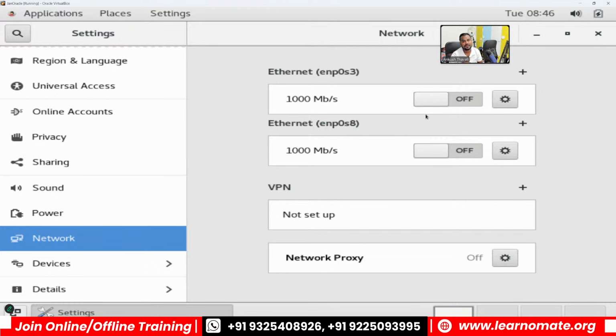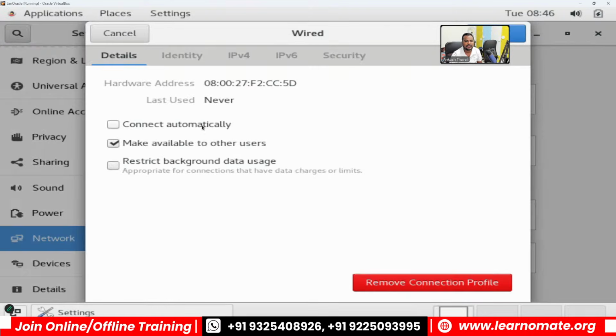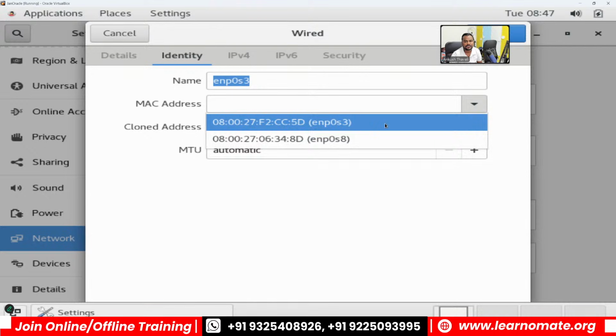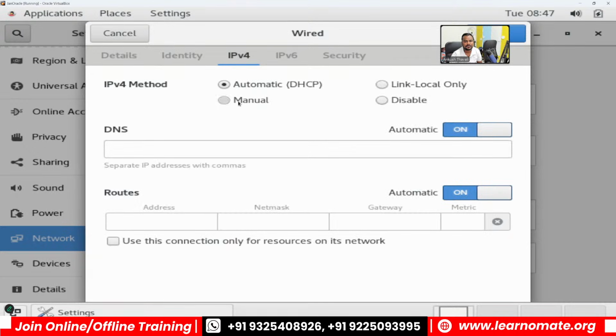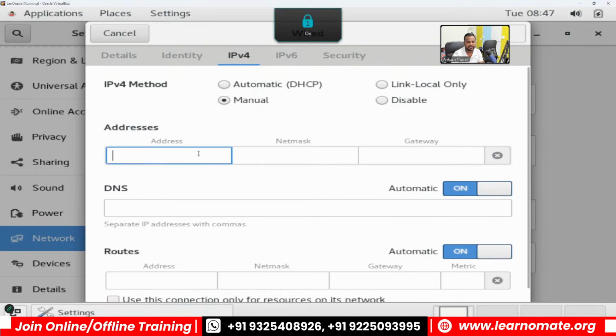You remember we used two adapters. One is the host only adapter and the second one is the bridge adapter. The host only adapter is for setting up the IP address of the machine. So I'll click on settings, connect automatically, I'll assign the first adapter, click on manual. So I'll assign a static IP address